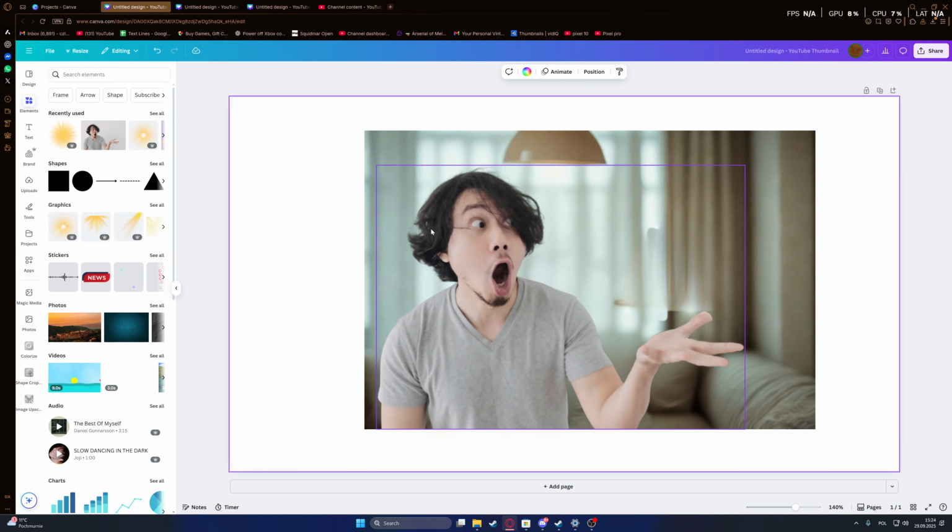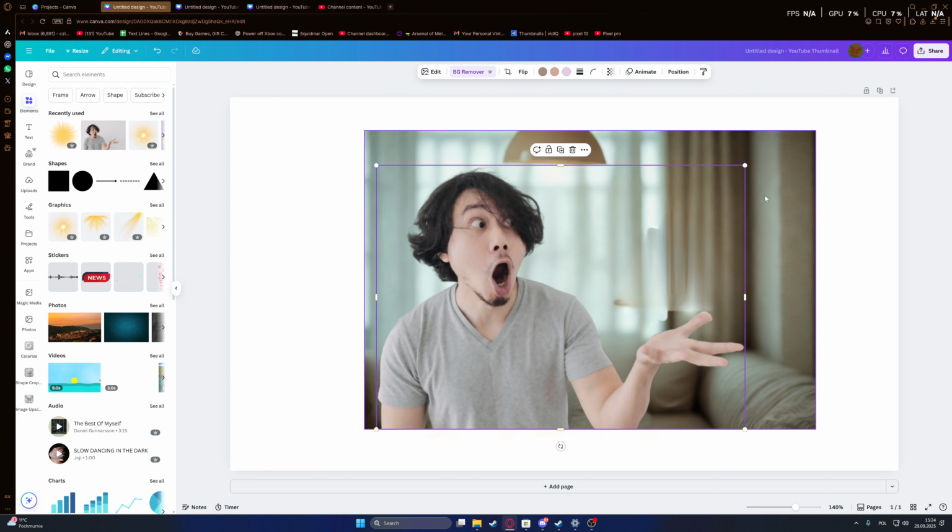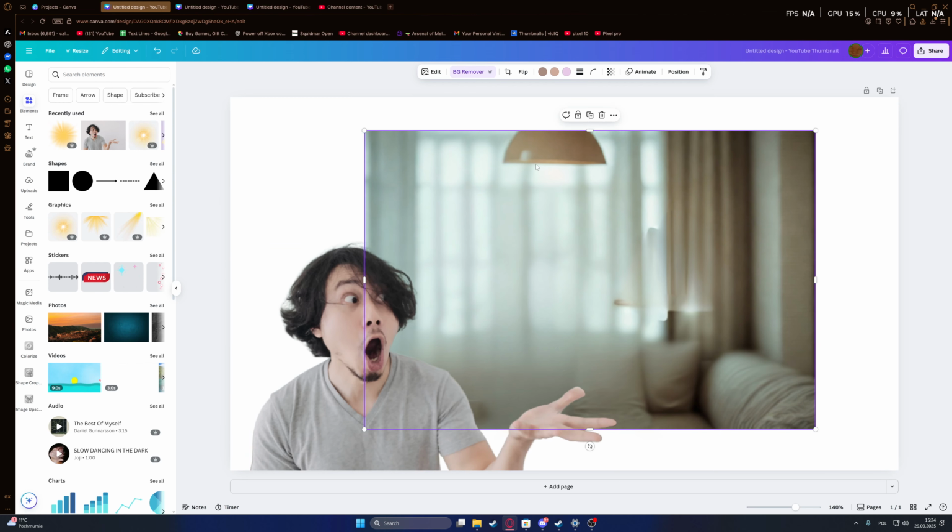To replace the objects from your photos in Canva, first of all, you will need to have a current Canva Pro subscription. Without this, it won't work. So when you have your subscription ready, select the specific image that you want to change to a different object,